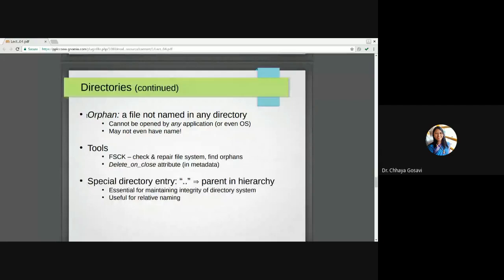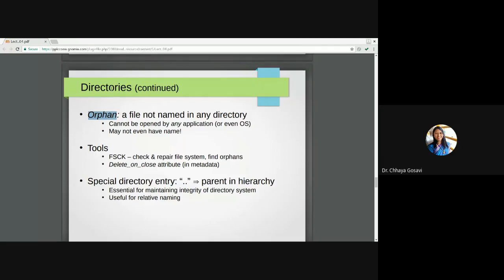So we have seen a type of process called an orphan process. What is an orphan process? A process whose parent completed its execution before the child. All such processes are called orphan processes, and these processes were handed over to the init process, and the init process then used to close or terminate these child processes.